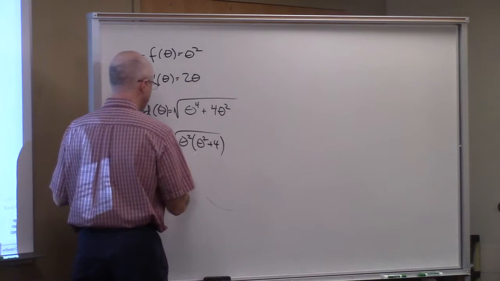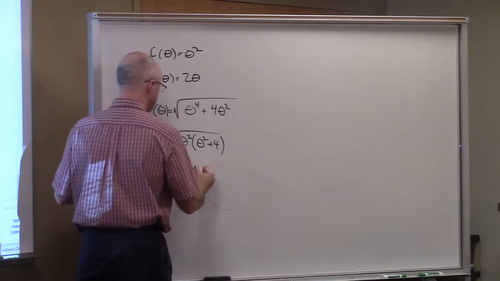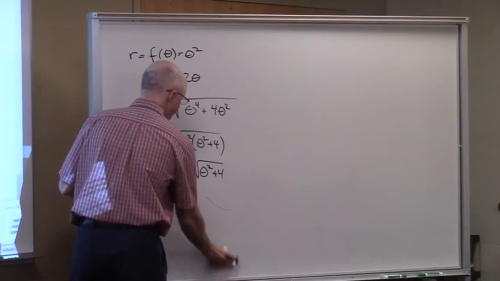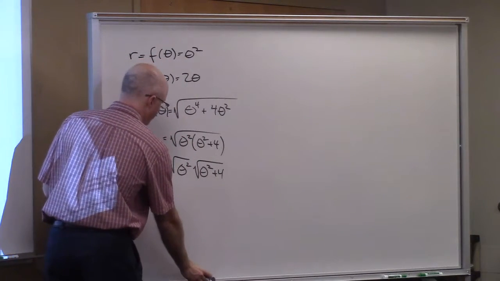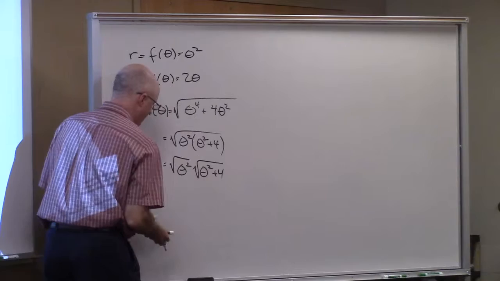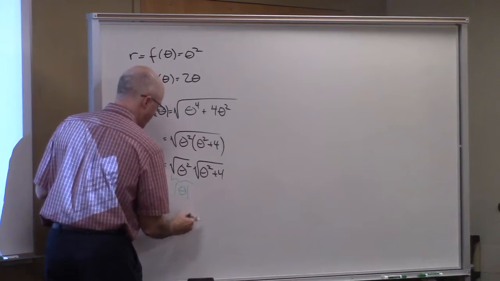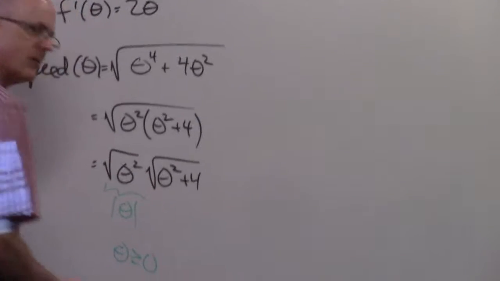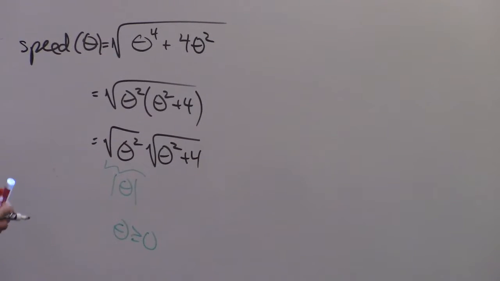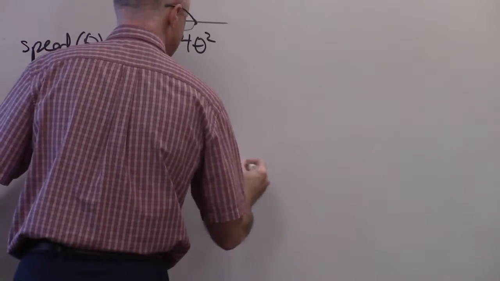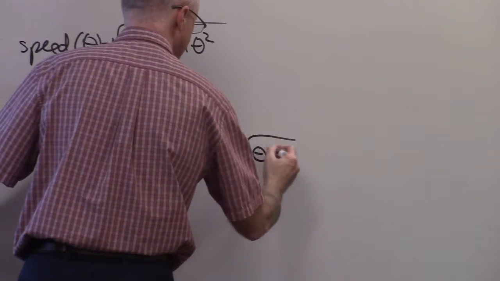And then you can separate that into 2 square roots like this. And then, technically speaking, this is the absolute value of theta right here. But theta is greater than or equal to 0, and so we can get rid of the absolute value signs. So this simplifies to theta square root of theta squared plus 4